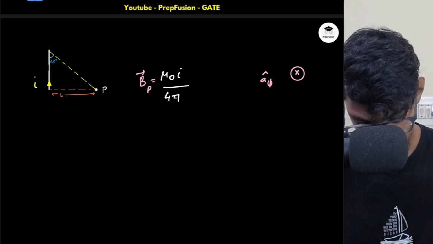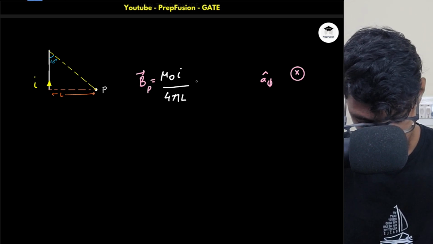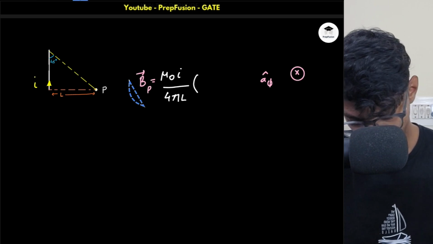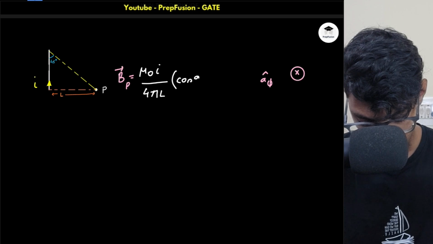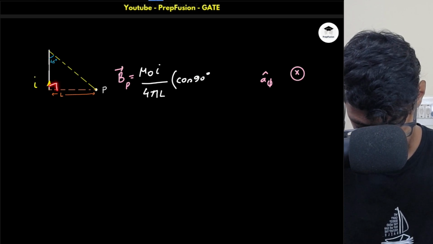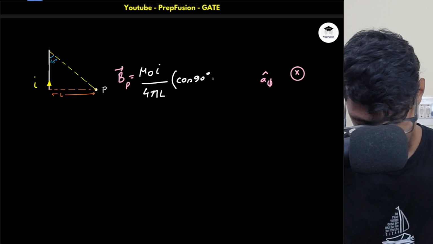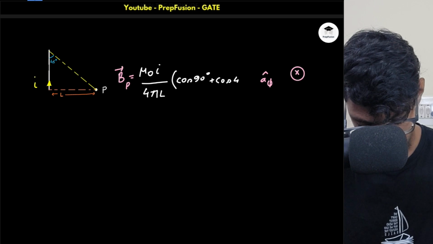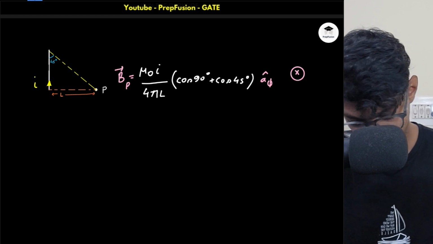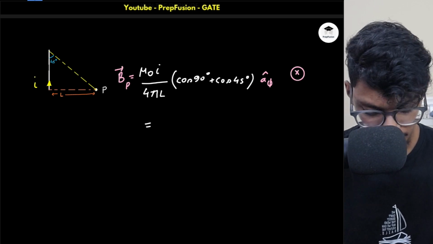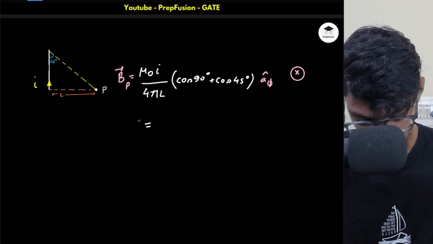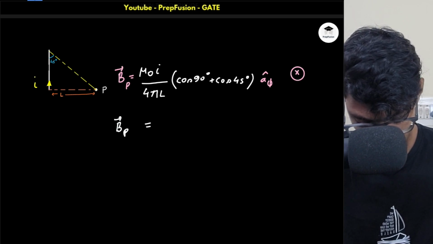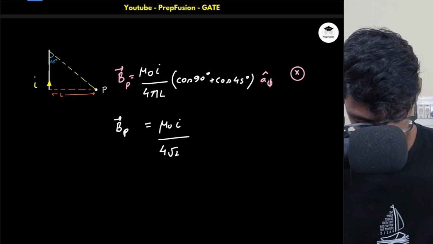Okay, r is this L distance only, into, what will be the angle? One of the angles will be cos alpha. Cos alpha is 90, okay, this angle is 90 actually, and this angle is 45 plus cos 45 degrees. So this comes out to be 1 by root 2. This will be 0 only. So this BP will be mu naught I by 4 root 2 L